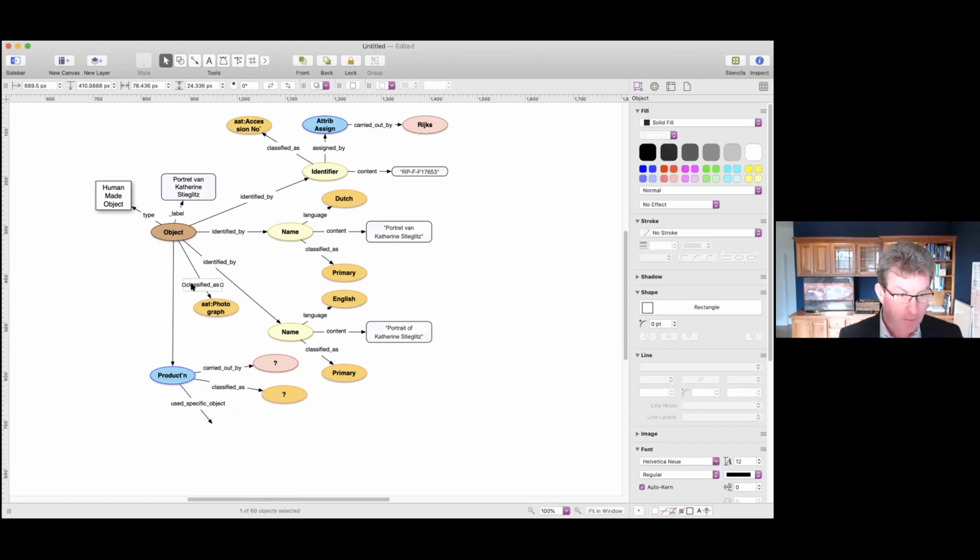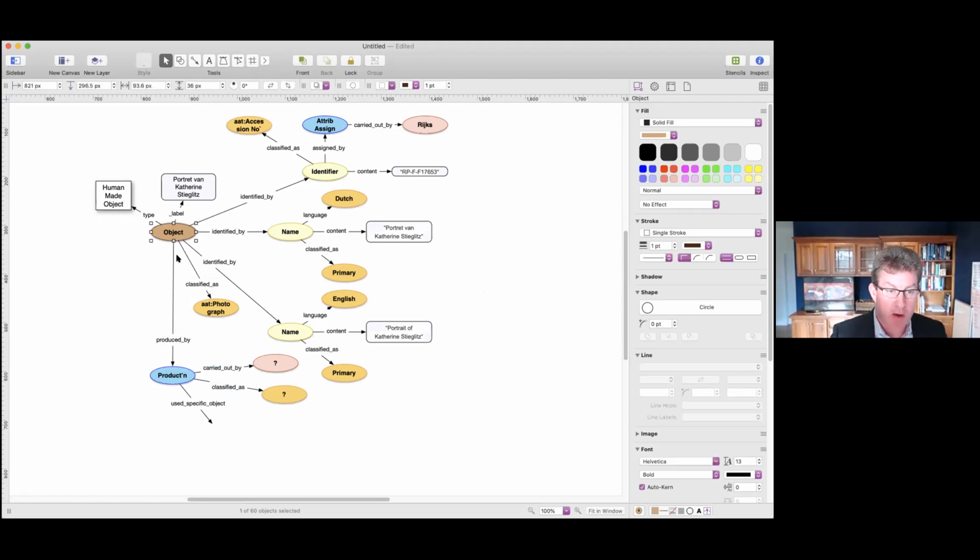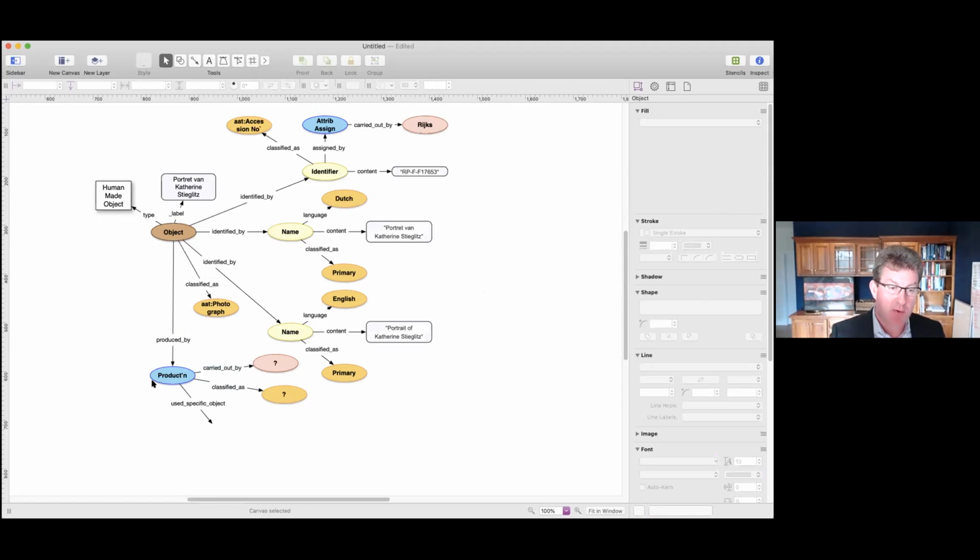And the relationship from the object to the production is "produced by". So that is in Linked Art a choice that we have made, that the direction should be from the object to the production with "produced by", rather than from the production to the object with "produced". The reason for that is in looking at the data in our various systems, of course,